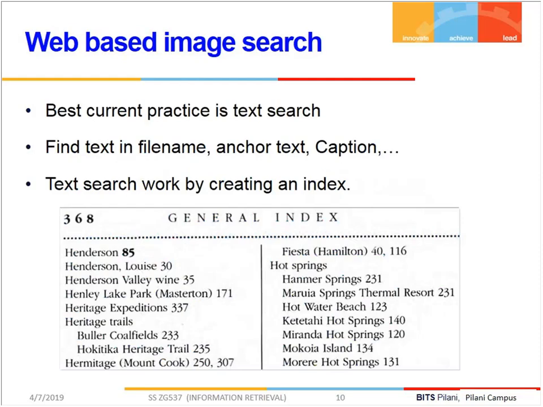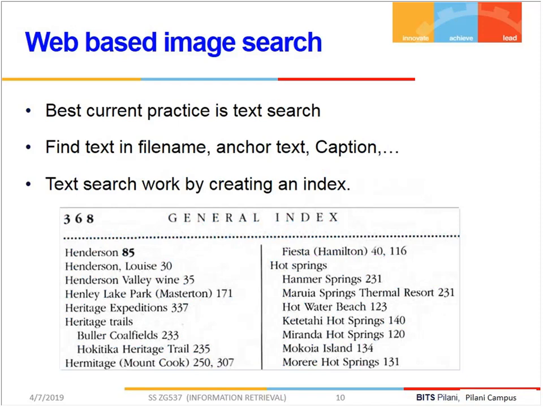So what we actually do is, at the back end, it's a text to text search only. So for example, you type a text and you want the images. Those images also have some anchor text or some caption associated with them, which will tell which image this is. Basically it is an image description that tells what this image actually is. So at the back end all the images will have some anchor text and caption, and what we will do